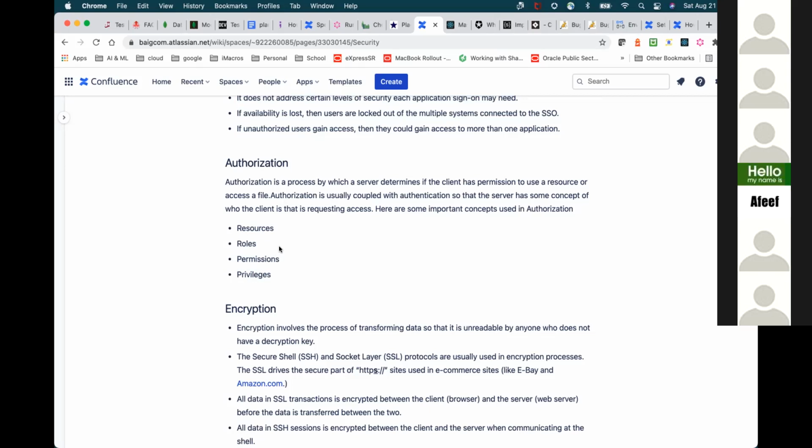And the access also could be that you may be able to view it and not edit it, or you may be able to view and edit it, but not delete it. So there are also further permissions. That's where permissions and privileges come in: what kind of permission you have on the specific resource. So all these four things basically determine what pages you are authorized to do what. Does that make sense?